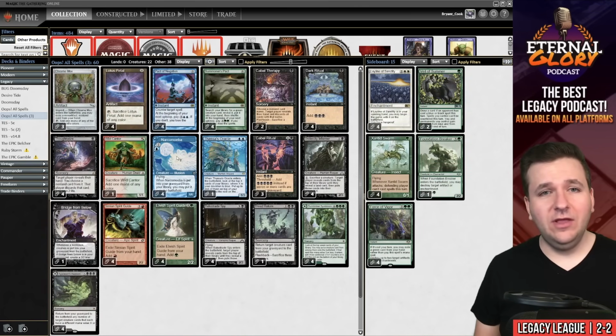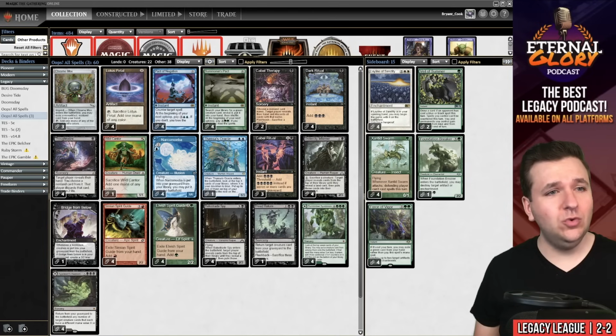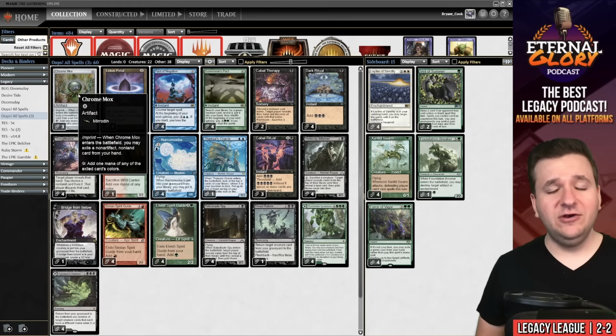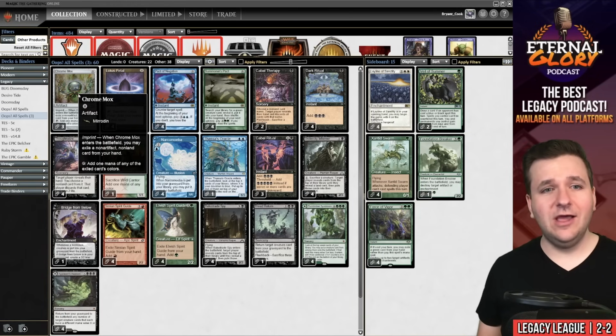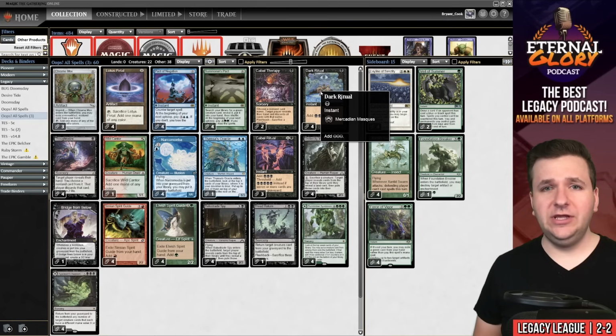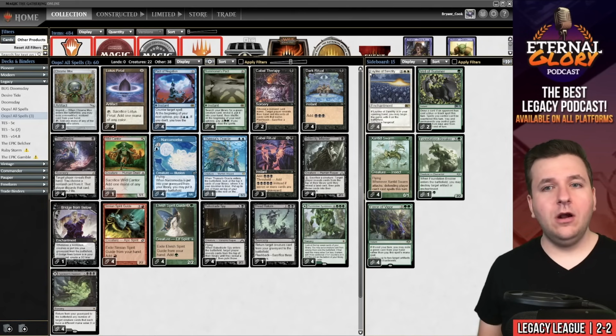I would not play the Memory's Journey Reanimate package. Instead, I would play 3 Cabal Ritual, 3 Chrome Mox. I'm sure the Oops All Spells Discord will not be happy, but I just want a more streamlined deck that's just good at doing the thing. I think that Memory's Journey and Reanimate are